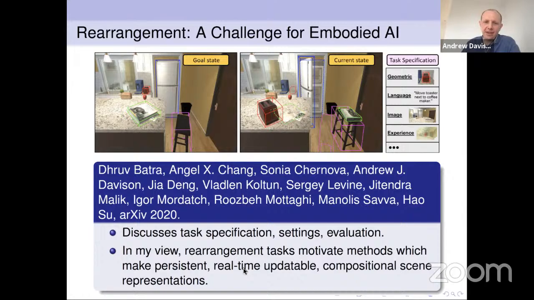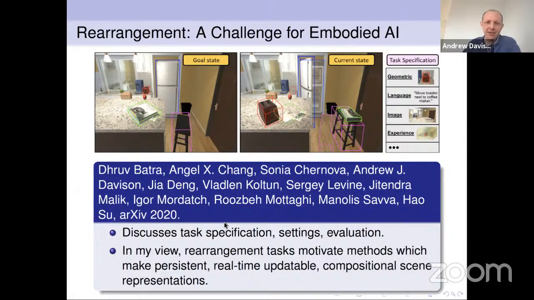So this is also a discussion paper. It's really leading on from previous work that some of the authors of this paper have been involved in, thinking about challenges for navigation agents. This is saying, how can we take that a step further? So what would be useful challenges for embodied spatially aware agents in the future?